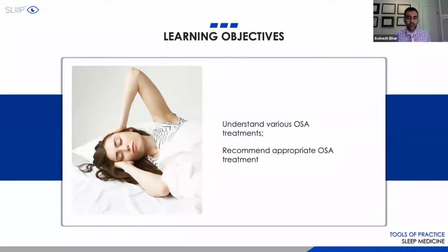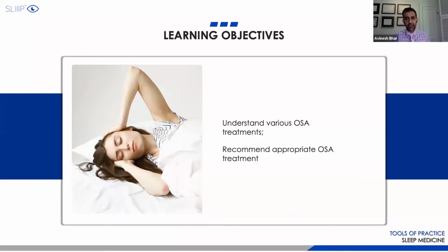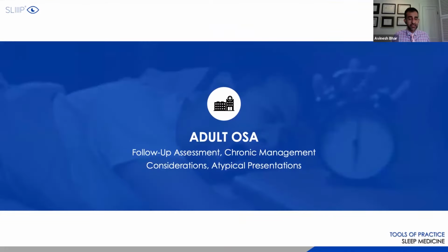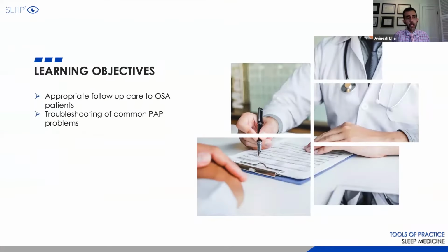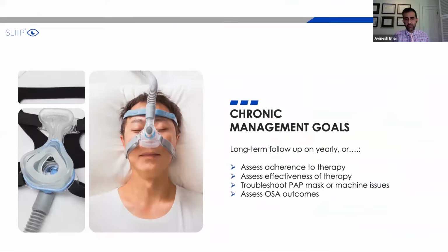All right, so we've talked about the various treatment recommendations: CPAP, surgical therapy, oral appliance therapy, weight loss, positional therapy, and even the Inspire device. You can recommend these, but the first line is always going to be CPAP. If they fail that, escalate care depending on what the needs are. How hard you push depends on the comorbidities the patient is facing and the symptoms they have. So now let's shift gears: how do we manage these patients once they're on these treatments? We'll talk about follow-up care and troubleshooting with PAP, because that's going to be the mainstay of therapy for most patients.